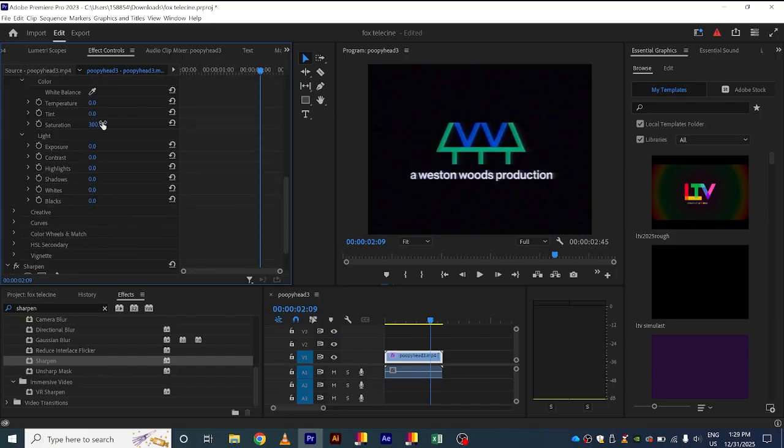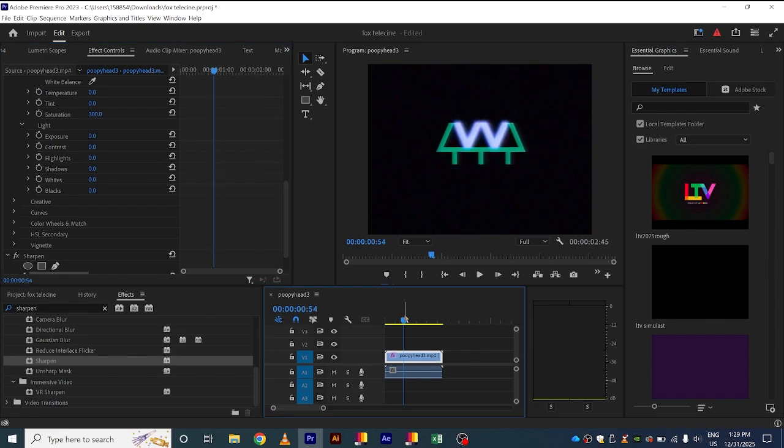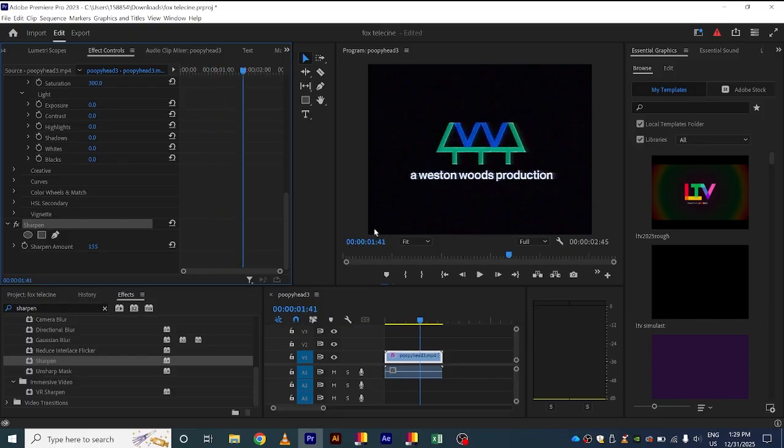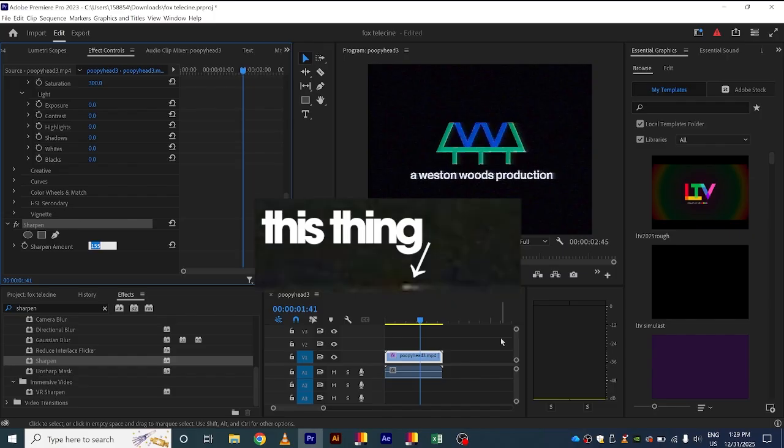Increase the saturation like 300. Actually, just do that. So let's make it 300, and then for sharpen, you put that in there, and then it'll sharpen this whole thing. So you don't want it too much. You also don't want it so that it extends out. So like, if you made it look like a home VHS recording and it had the little head switching thingy up here,